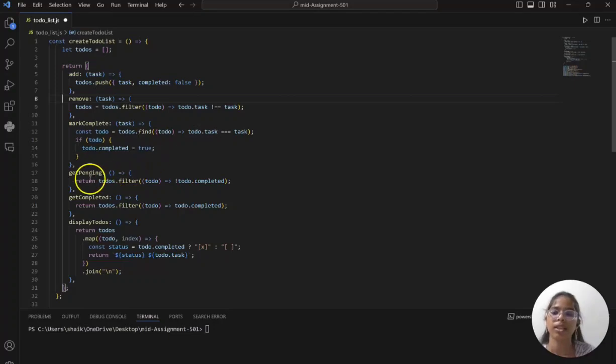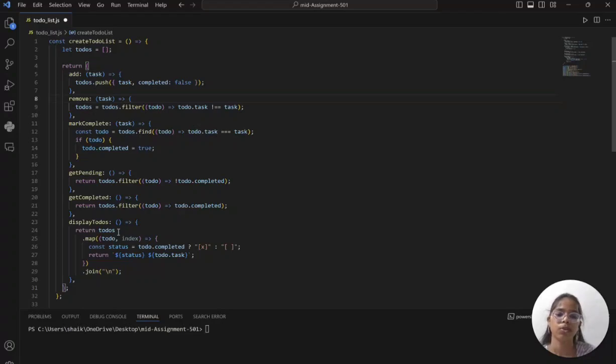And the next method is getPending. It filters the todos array to return only the tasks that are not completed, that are still pending. And the next method is getCompleted. It filters the todos array to return only the tasks that are completed. And the last method is displayToDo.